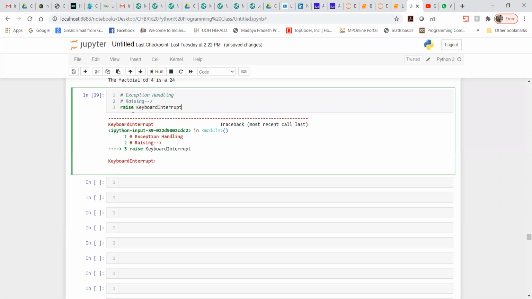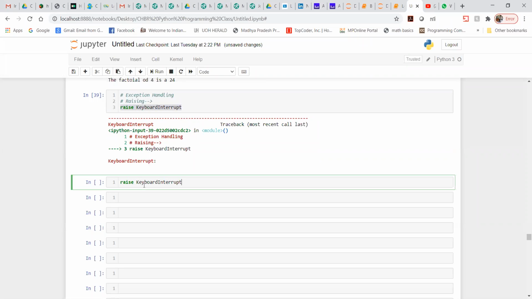Now, instead of this, I am going to raise the same thing and write something in the exception. Let me write here, this is an argument. Let me run this.